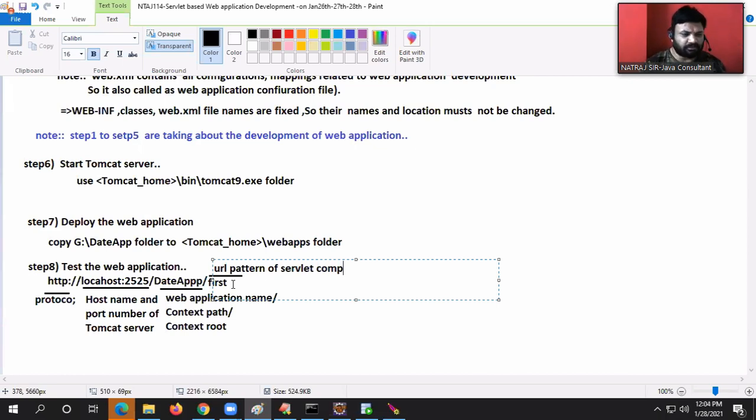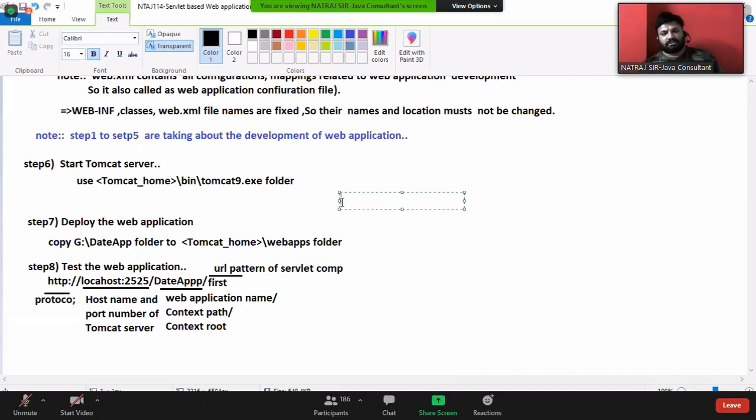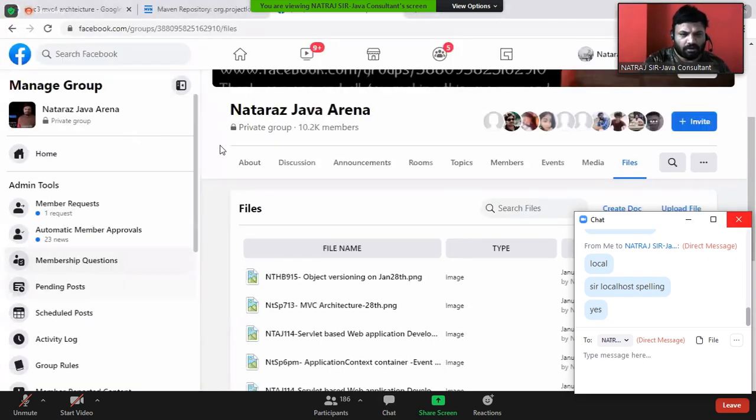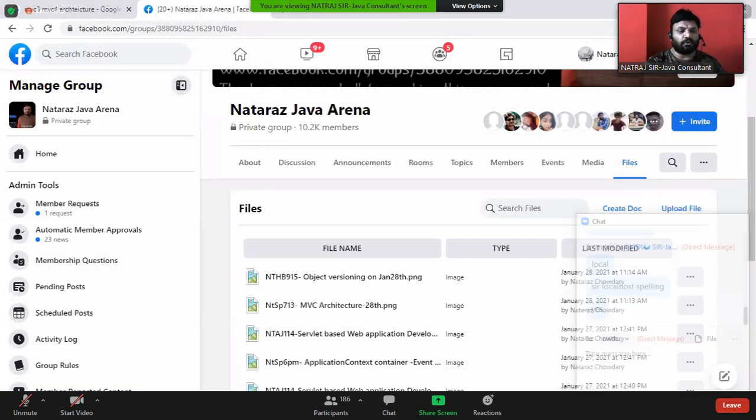Crystal clear? Okay, shall I practically implement these steps, guys? Shall we start implementing these steps one by one? Okay. See the URL, boss.